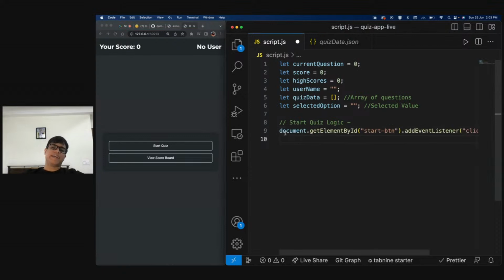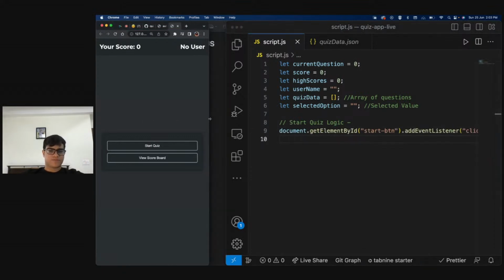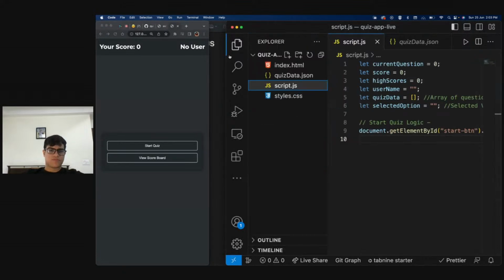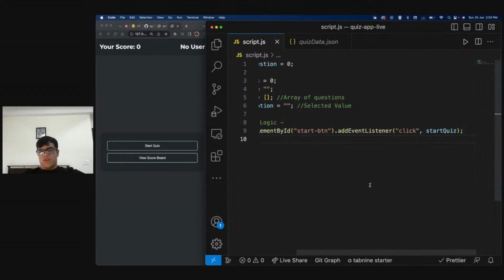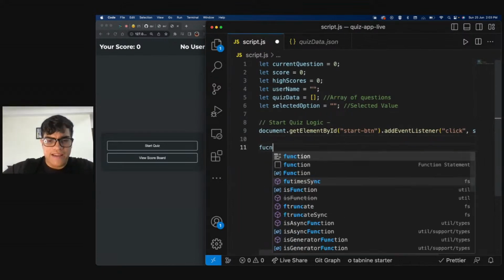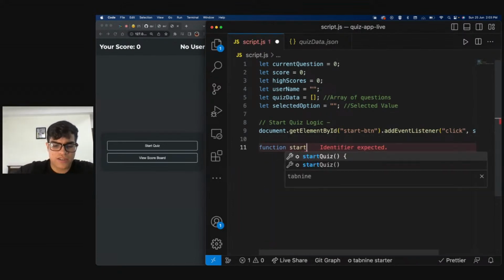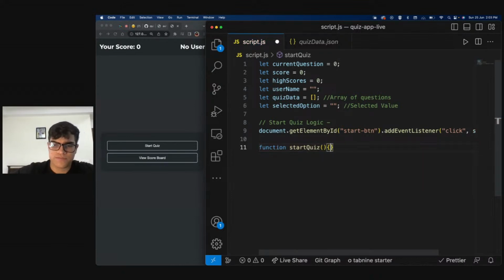Like I said, we'll be making our entire code very modular, and this is what that means. I'll have this function called startQuiz over here.